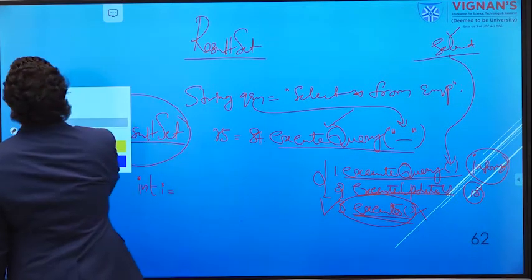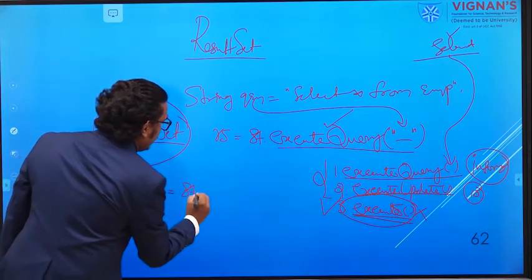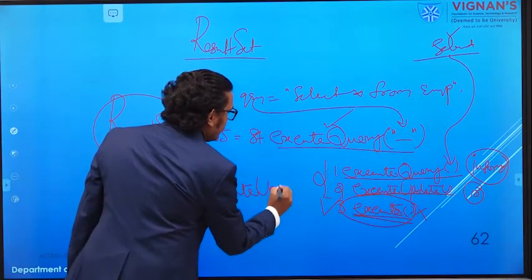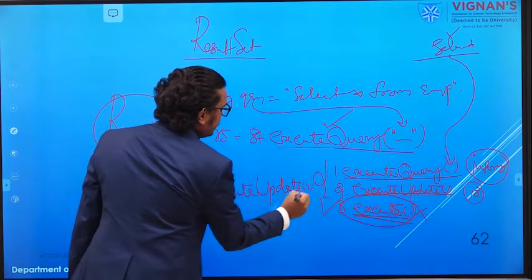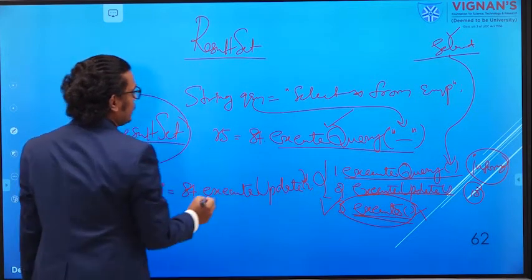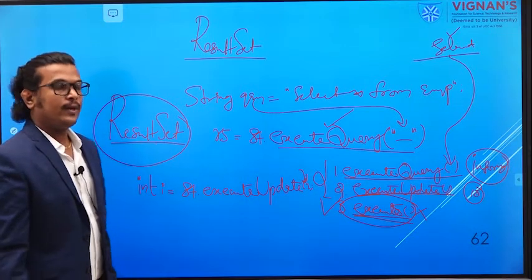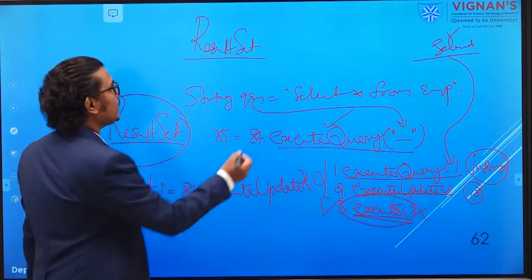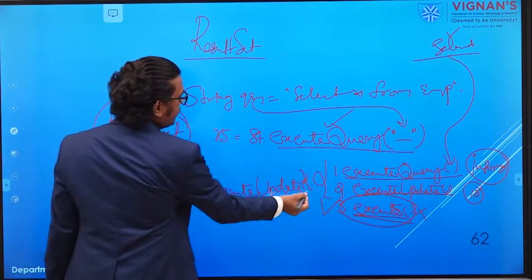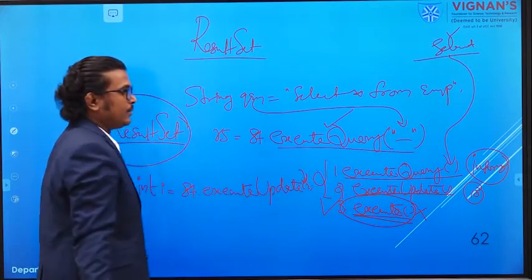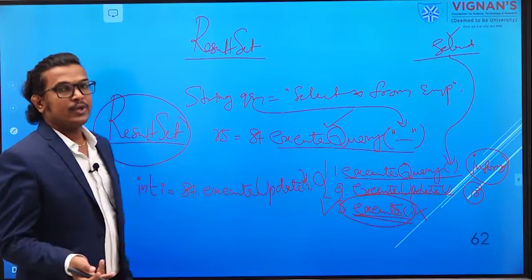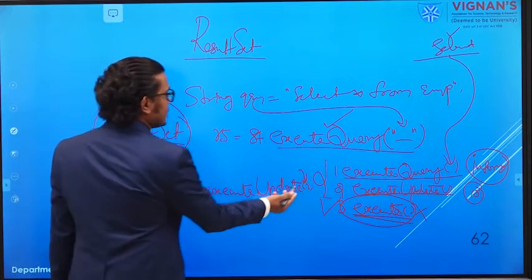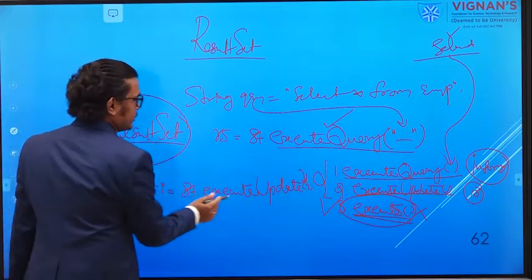int i equal to st.executeUpdate. Here you can pass the query, or you can pass it with the help of the prepared statement also. If you are passing the query in a prepared statement, here you need not pass the query in execute update. If you are not using a prepared statement and are using the normal statement object, here you can pass the query. Okay, this is up to your choice.